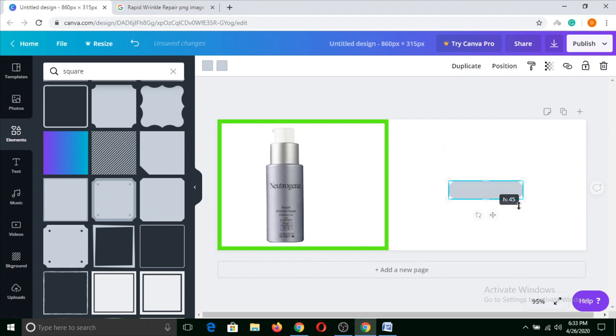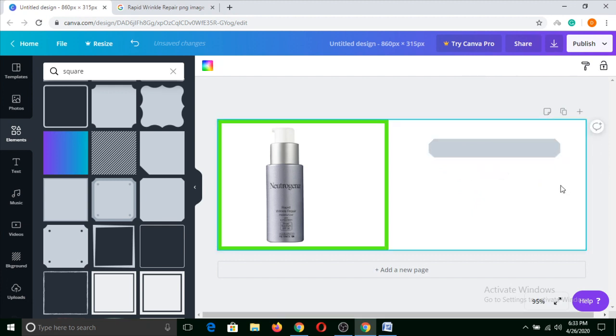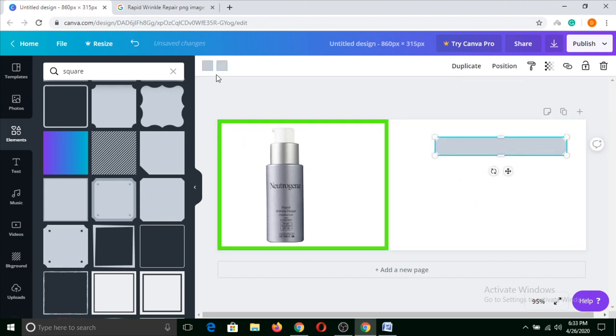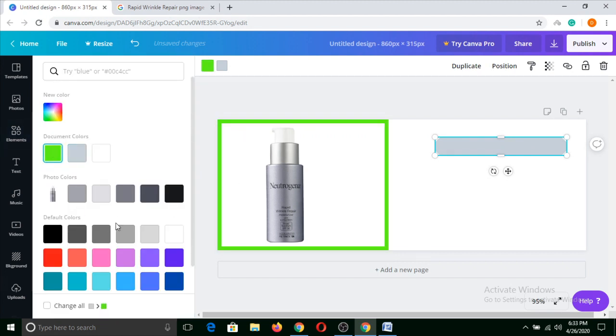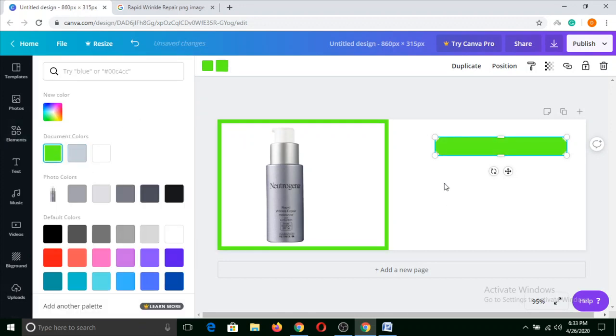We'll reduce it a little bit. Now I can change the color of this. Simply click here.